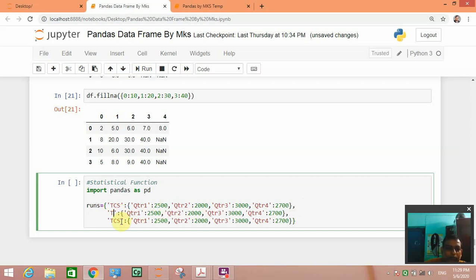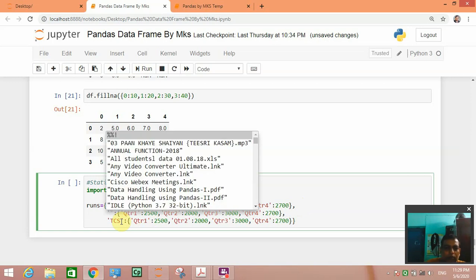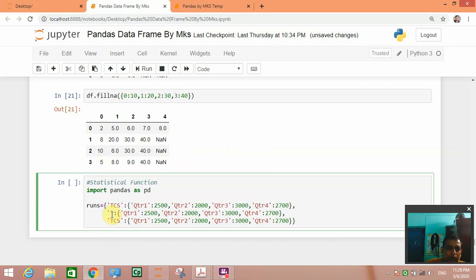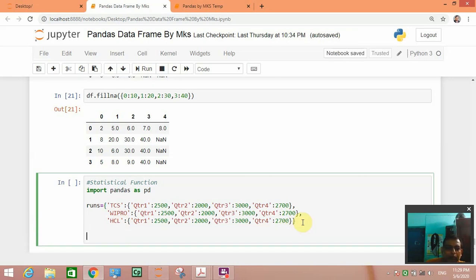Here you change the name of the company, so write Wipro, anything you can write, HCL, that's all. So now it is a dictionary.